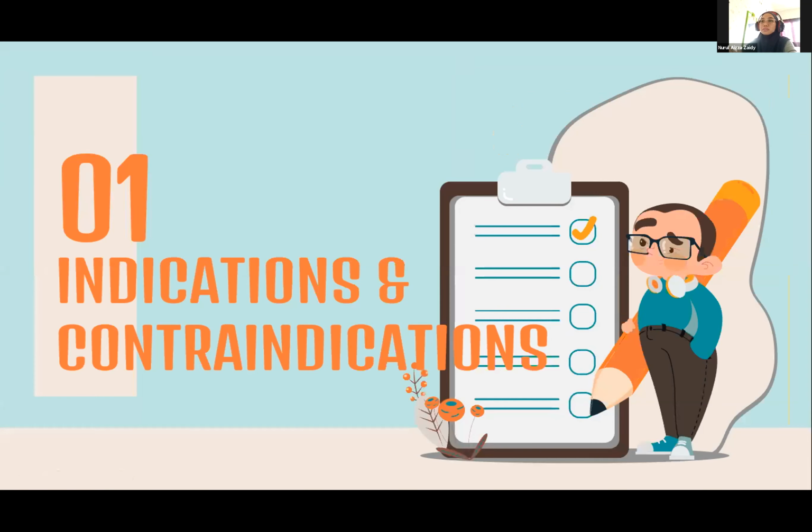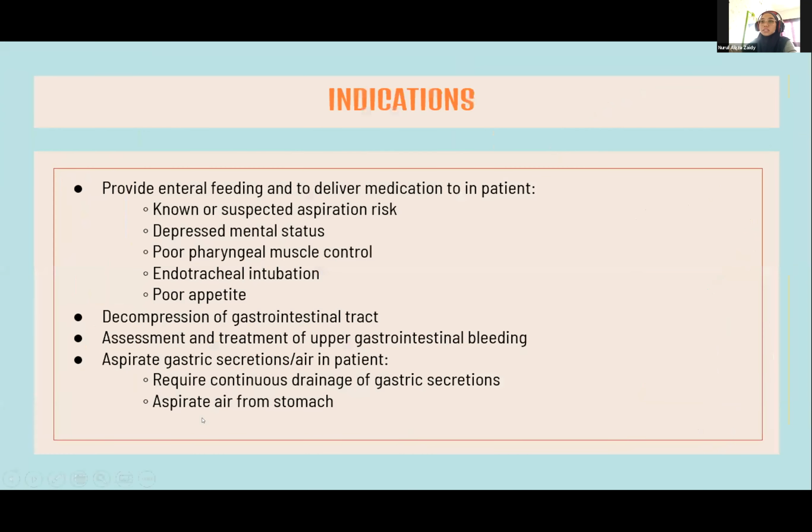So what are the indications and contraindications? For the indications, we want to provide enteral feeding and deliver medication in patients with known or suspected aspiration risk, depressed mental status, poor pharyngeal muscle control, endotracheal intubation, or poor appetite. And then in patients with compression of the GIT, assessment and treatment of upper GI bleeding, and to aspirate gastric secretions or air in patients that require continuous drainage of gastric secretion, such as in patients with